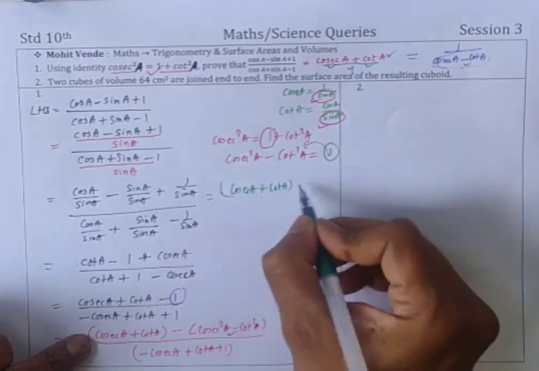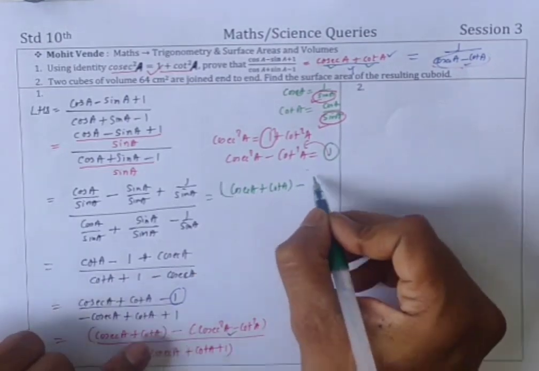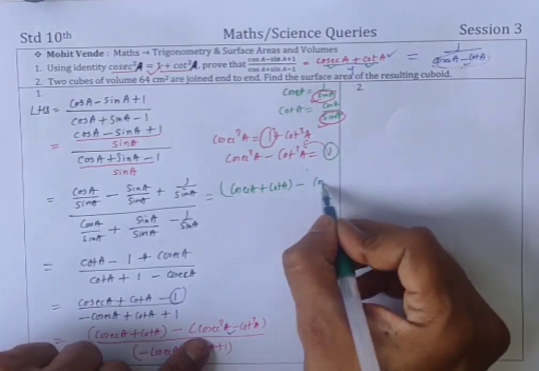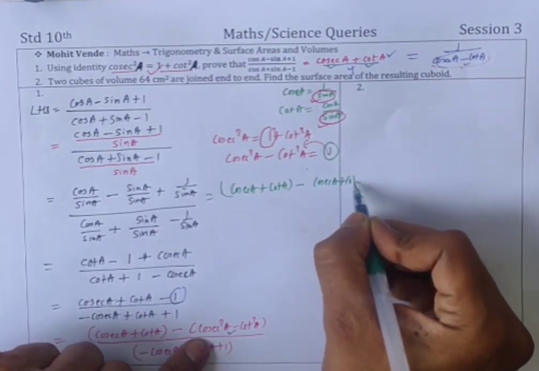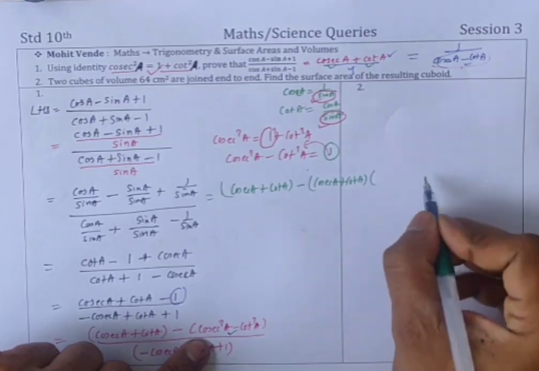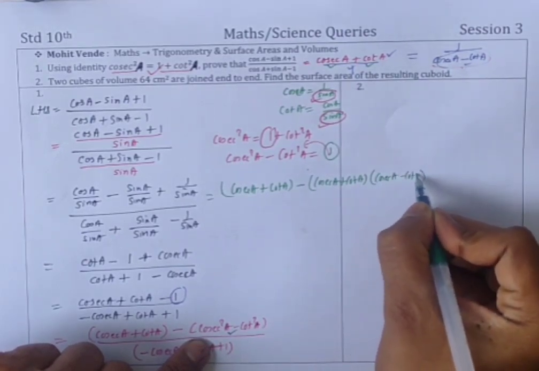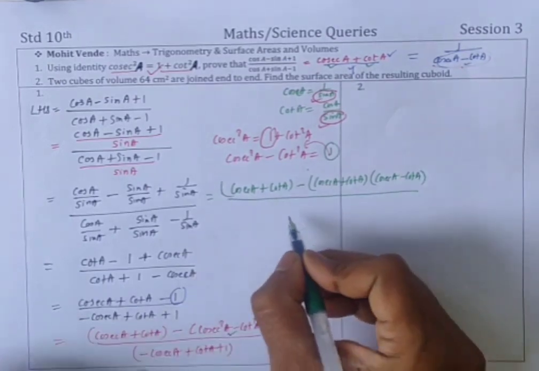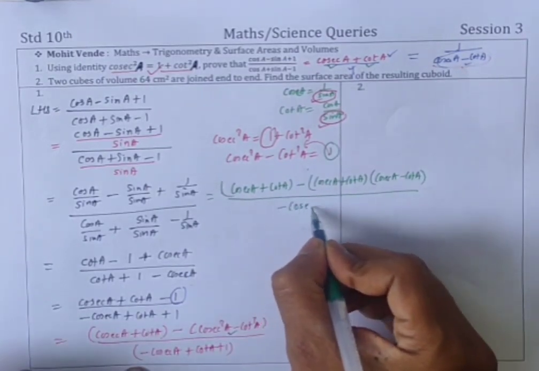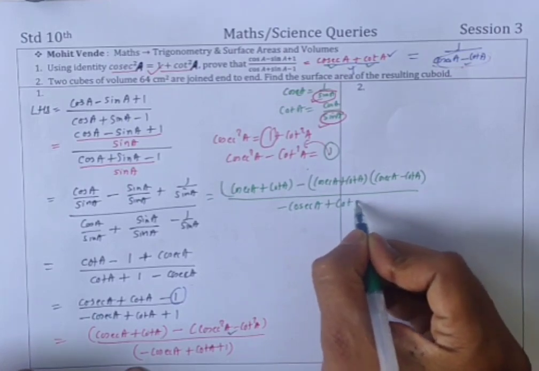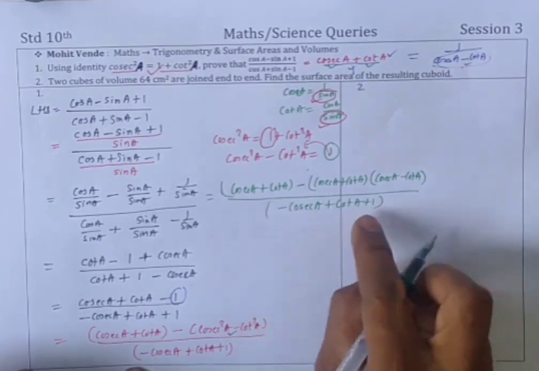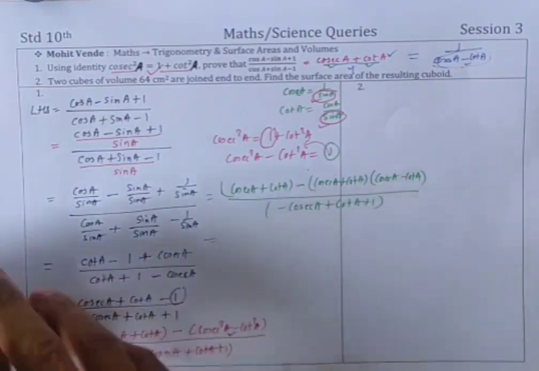नाउ दिस इज a² − b², तो उसका फैक्टर्स निकालिए। दिस इज cosec A + cot A और माइनस इसके दो टर्म होंगे cosec A + cot A, एक्चुअली दो फैक्टर्स, और cosec A − cot A होल अपॉन दिस रिमेन सेम, माइनस cosec A + cot A + 1, 3 टर्म वाला एक्सप्रेशन।